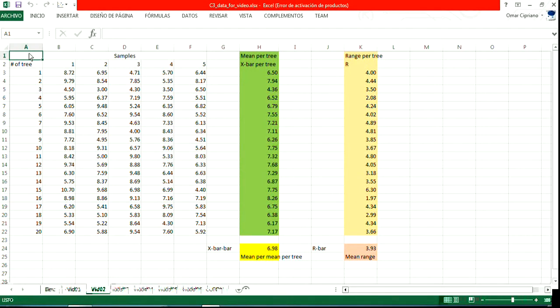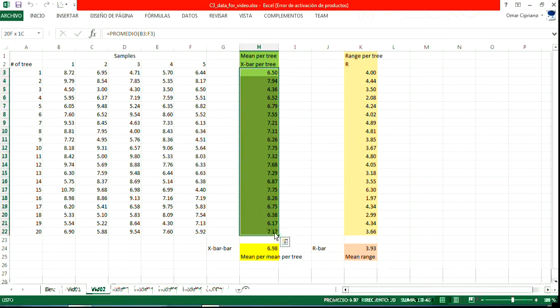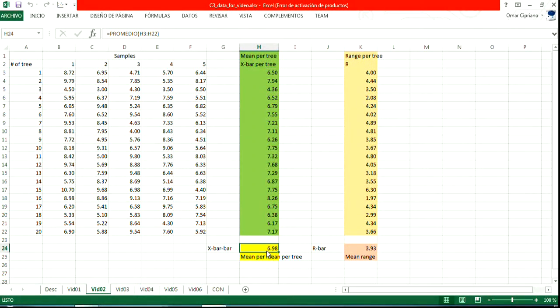To know how the process is going, we need to calculate the X bar chart and R bar chart, and to do that we need some calculations. First of all, we need to calculate the mean of the samples for each tree. We see here, colored green, what we made, and we need the mean of the means, that is